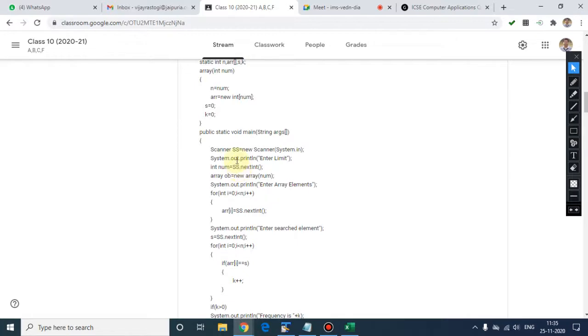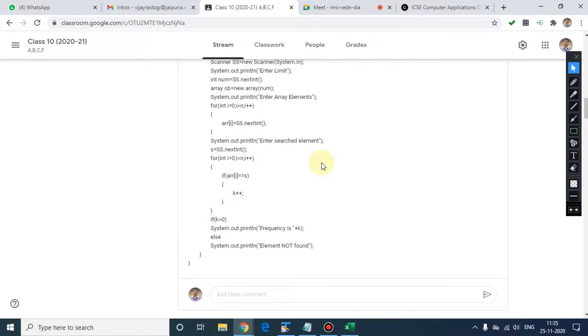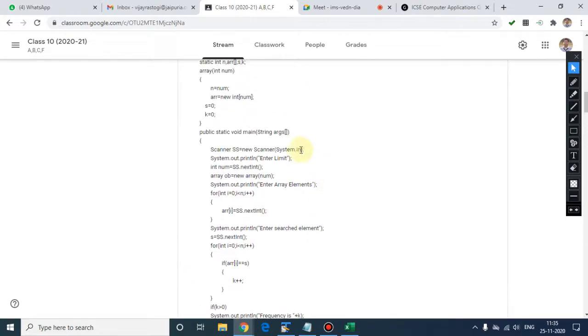But in the constructor we are supposed to avoid the static keyword, because if you are using static, then there is no need to use the concept of class and object, because there is no need to create an object in that case. Am I clear? Sir, I removed static, but then it is also not running. That means you are doing something wrong. Just wait for that. We will discuss that.